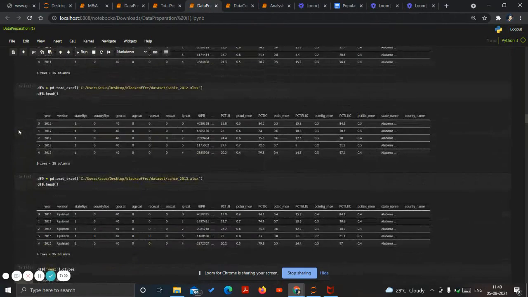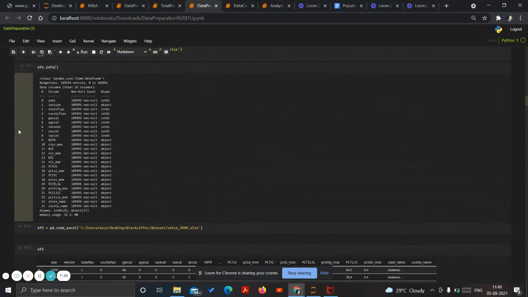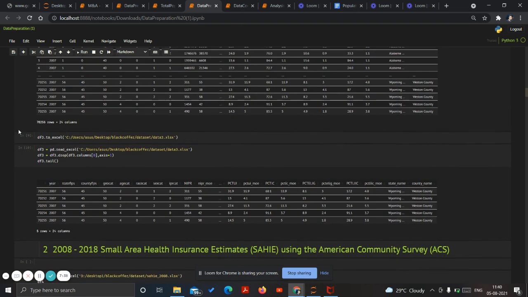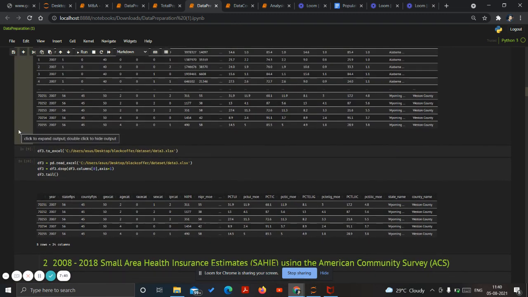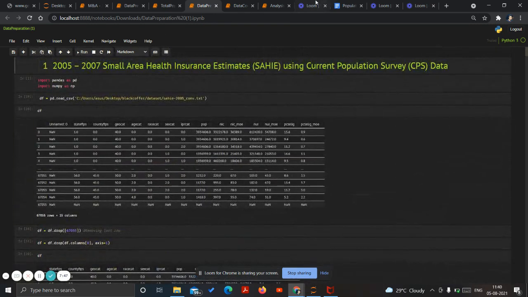Some of the files I noticed were in JSON format. Almost all of them were in CSV, but a few of the files were in JSON format. Nested JSON was also present inside. So we have to resolve the nested JSON and convert it into the proper data frame form. So that was also involved in this task, right?